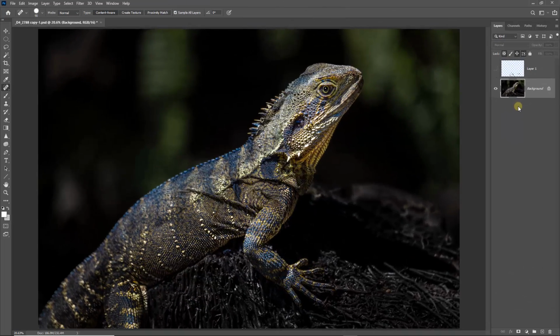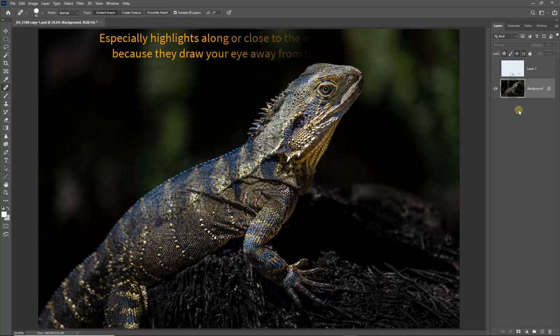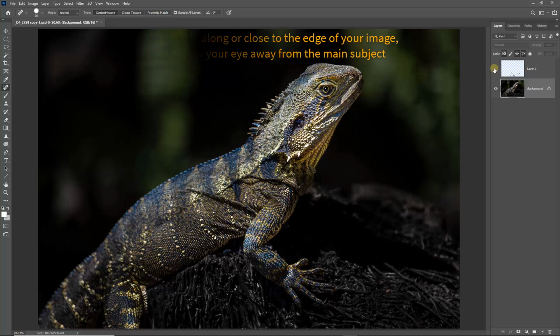Now with the spinning round of the screen, I've gone ahead and done the last little bit of manipulations off camera because I want to be able to turn them on and off to draw your attention to how effective it is to deal with small highlights. We have some down at the center base of the image in that root system. They're not significant, but when we see them all dealt with in a simple way with the spot healing brush,